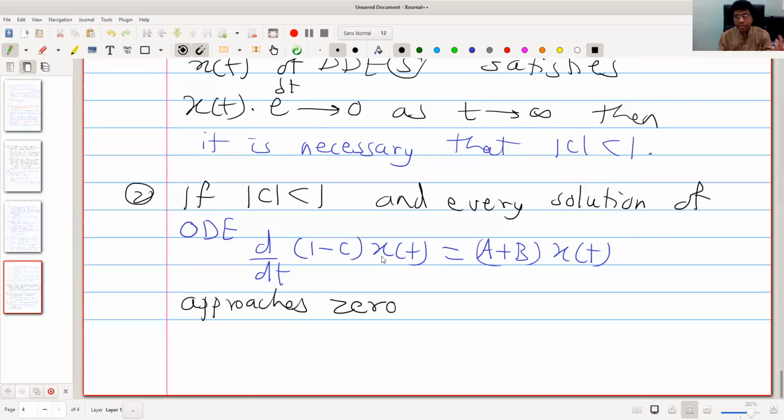So this is a linear first order differential equation. x dot of t equal to some constant into x of t. The solution is e raised to that constant into t, so e raised to (a plus b upon 1 minus c) into t. This solution will tend to 0 if this constant (a plus b) upon (1 minus c) is negative. That is, if (a plus b) upon (1 minus c) is negative,